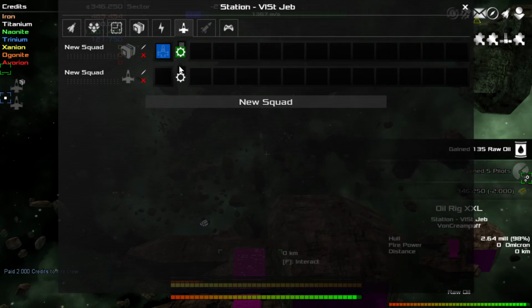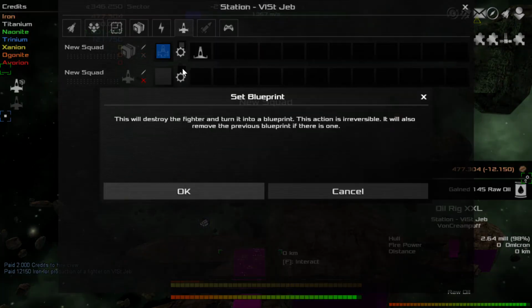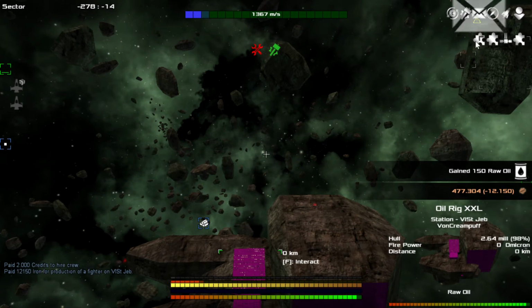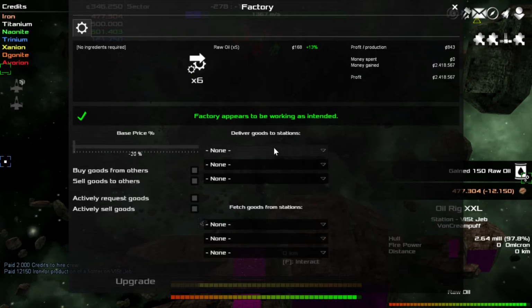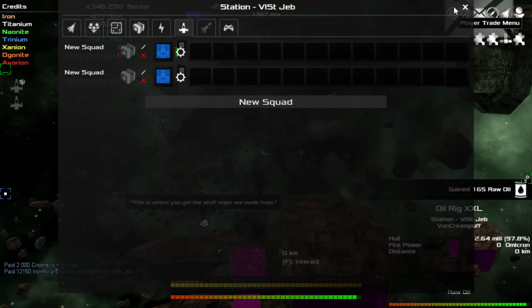Just got to wait for it. It's only a minute, so that's fine. You guys can relax with me. Boom, done. Go right here. We do that. And I want to go to the trade good menu. And then deliver goods to... there we go. Now, whenever the next fighter that it